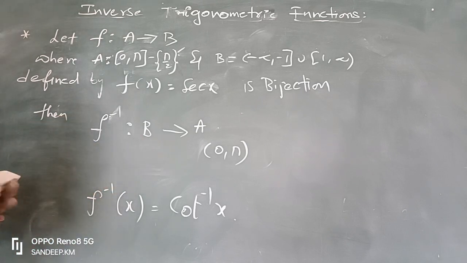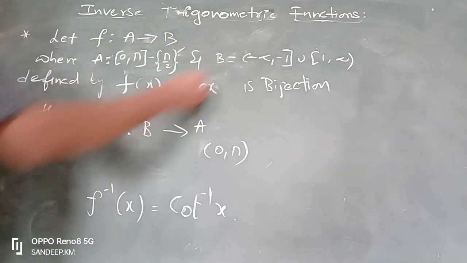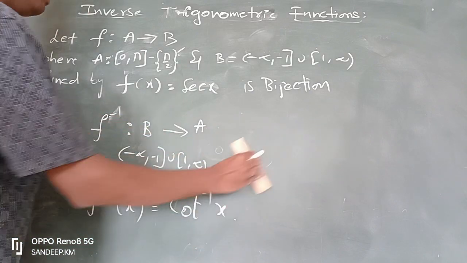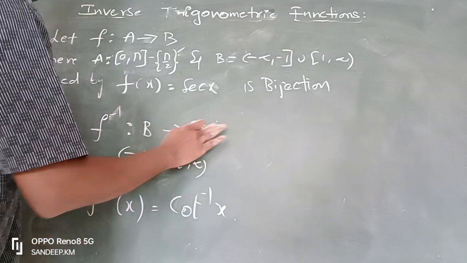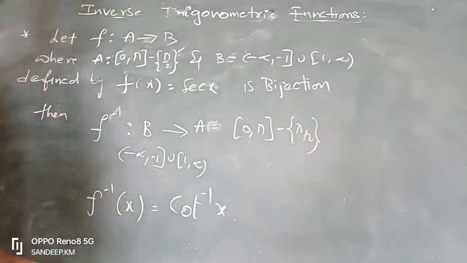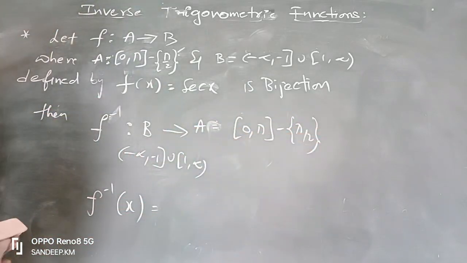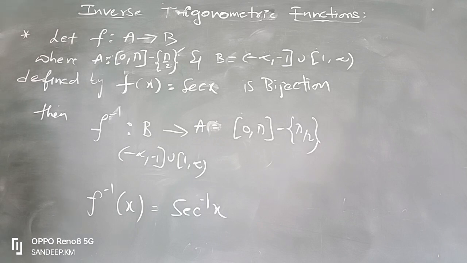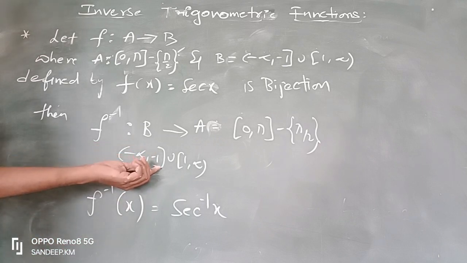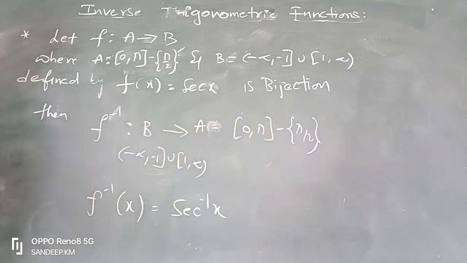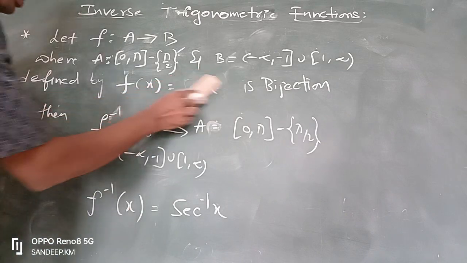The domain of the inverse function will be minus infinity comma minus 1 union 1 comma infinity, and the codomain will be 0 comma pi except pi by 2. In that case, the inverse of secant x is given by secant inverse x. So secant inverse x is the inverse function of secant x, with domain minus infinity comma minus 1 union 1 comma infinity, and codomain 0 comma pi except pi by 2. And the last one is the cosecant x function